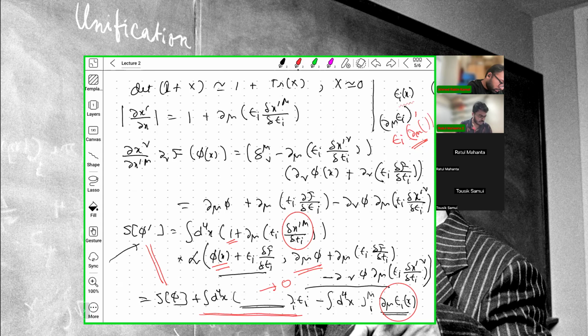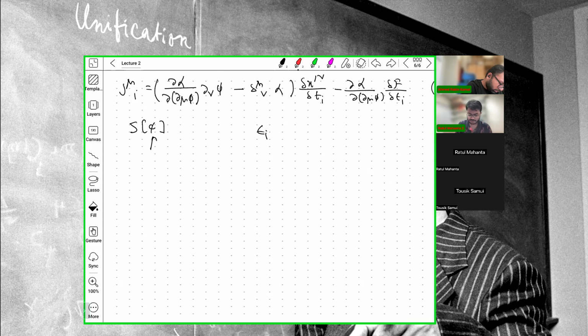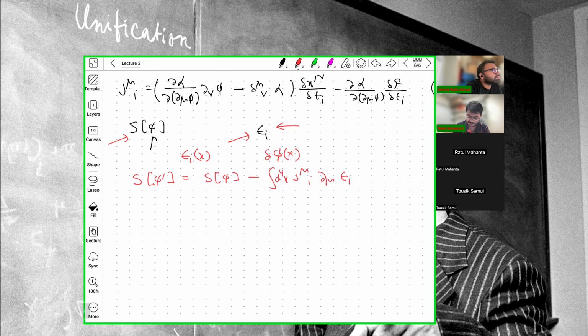But suppose for those actions which have a symmetry under these global transformations, if you allow this to be x dependent and compute the S of phi prime, you will get this, because it has a symmetry under global transformations. The terms proportional to epsilon identically go away, but this leaves. And it's not a symmetry. You can see that I did not demand that it is a symmetry, but the thing is that when